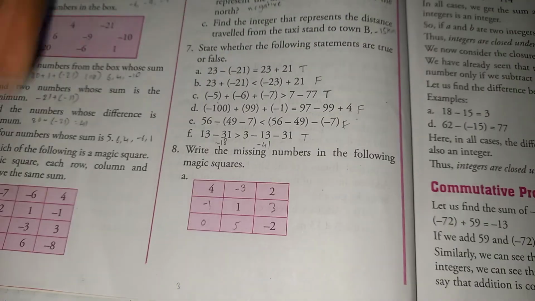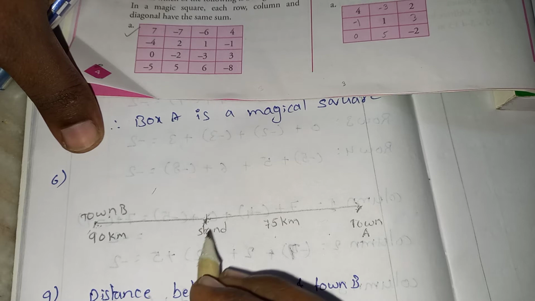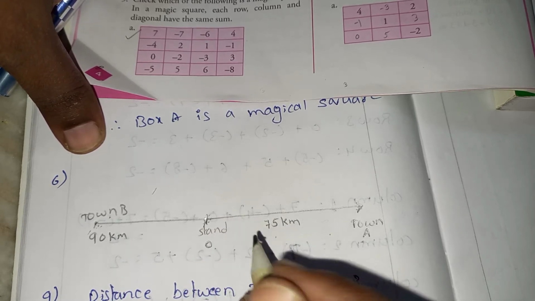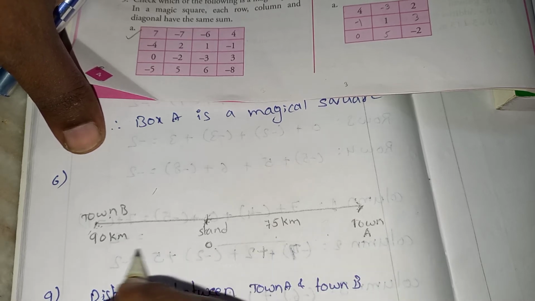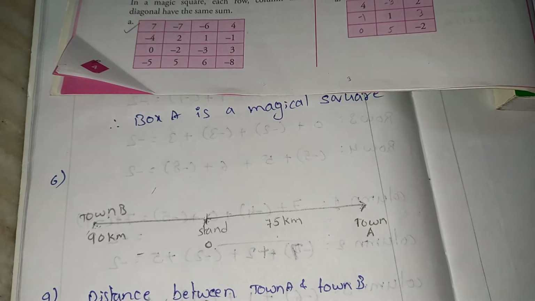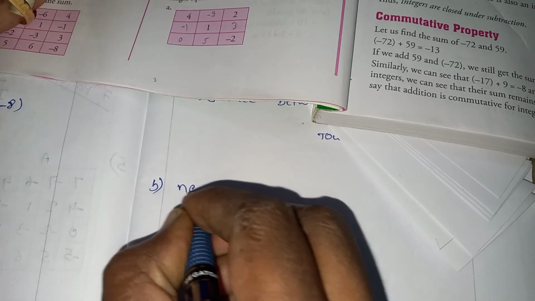How we will see? They are saying the stand is the center point we mentioned, right? If it is a center point, mention it with 0. If we mention this part as a positive, then what it will become? Negative, no? So the answer is just write negative.